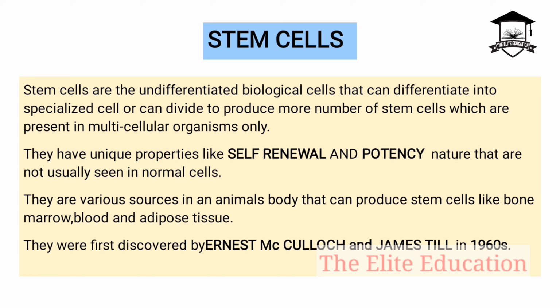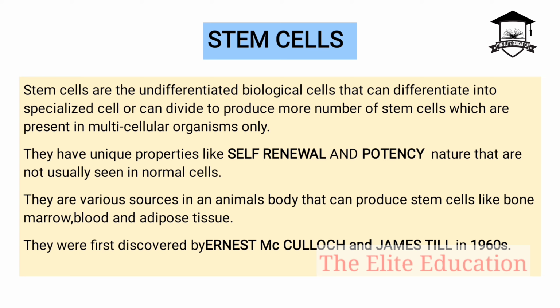Their descendants, that is the next generation of these cells, might be destined, but usually these cells are not. There are some exceptions, especially zygomorphic, that we will be dealing with. So these cells are undifferentiated biological cells, that is, they can give rise to any kind of thing, and there are some partially undifferentiated cells. Don't worry, I'll explain it in depth later, but for now remember that these cells are undifferentiated. I hope you have understood what I mean when I say undifferentiated, that they can differentiate into specialized cells.